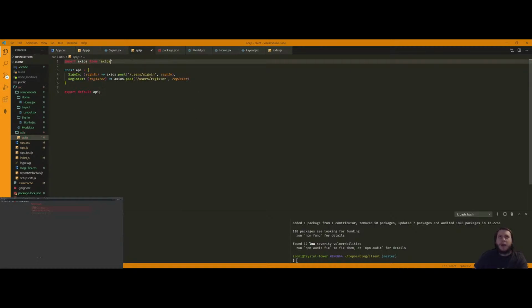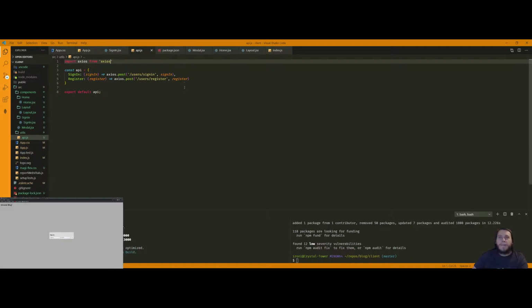Dummy. Okay, so now if I send test with the password of password to the backend, I can click sign in, and nothing will happen because I haven't changed where I'm supposed to be going after that. But if I look at my application, and I'm going to dock this back to the window so you guys can see it,